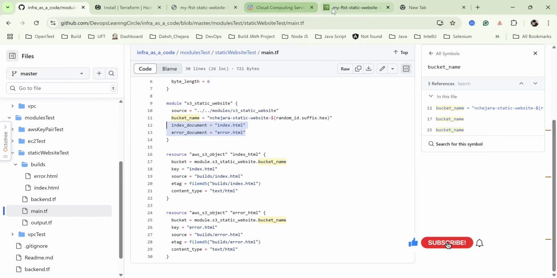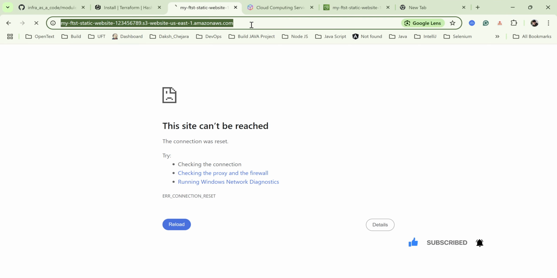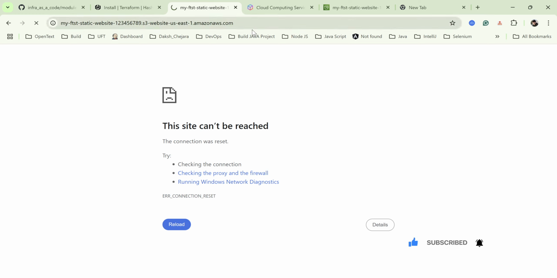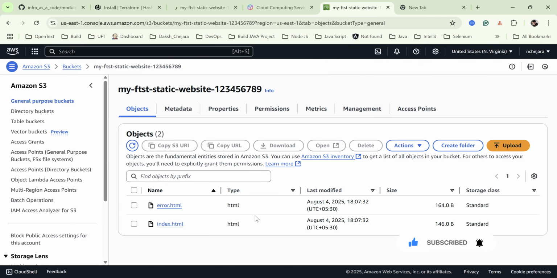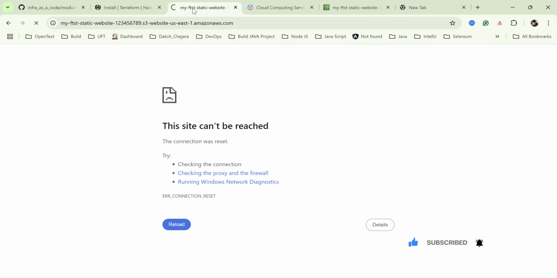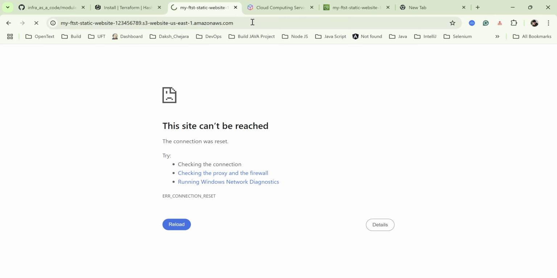Now let's refresh the page. This is our page. Let's refresh the page, and if everything is working fine, it will show your HTML content. We refresh here as well, we have two pages and it's still not accessible.